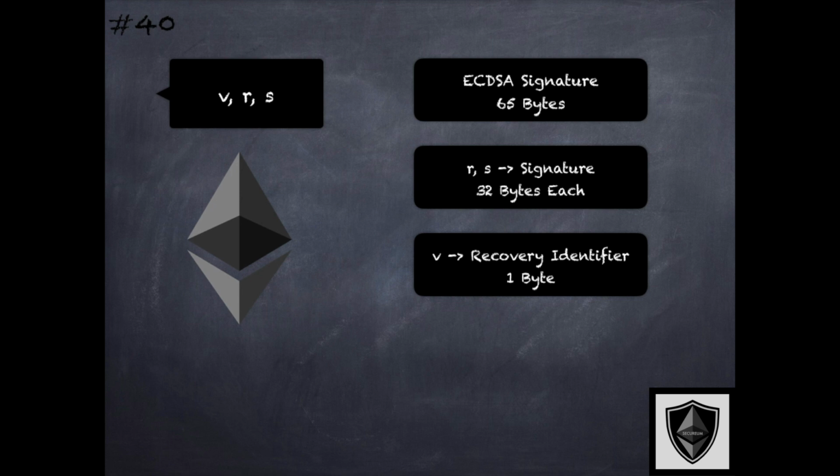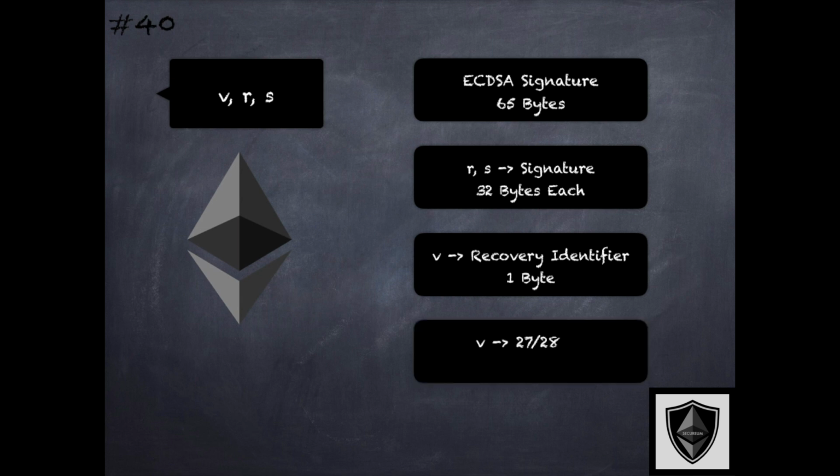I would encourage you to look at one of the references provided to understand the reason why V is part of the ECDSA signature. Its value can be 27, 28, or it can be twice the value of chain ID plus 35 or 36. Chain ID is the identifier of the blockchain. For Ethereum mainnet, chain ID is 1. We'll see a bit more about this in some of the future